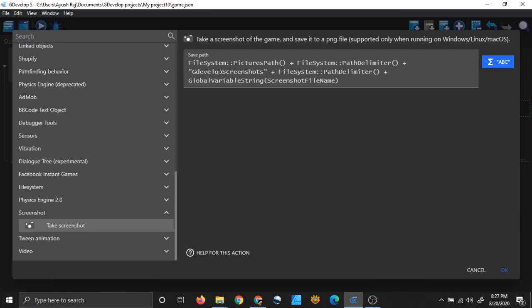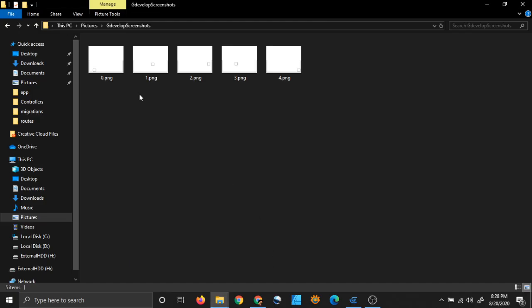This folder name should be the same folder name which you have created, right? That's important. And then again another slash, file system double colon path delimiter function which gives a slash, plus global variable string screenshot file name. This is the same number which we stored in the storage. You know that 0, 1, 2, 3, that number, this number 4 or 1.